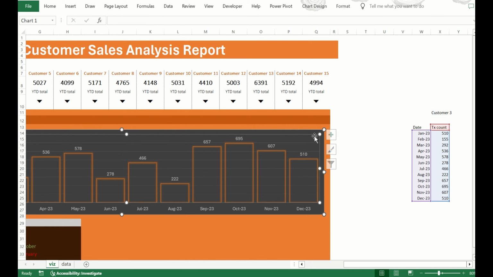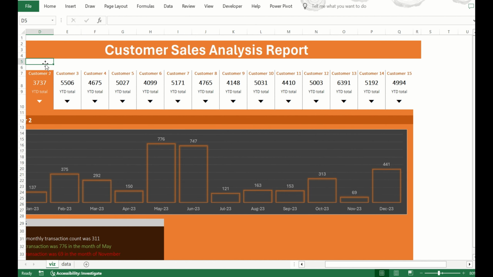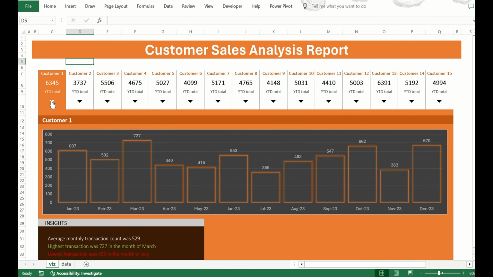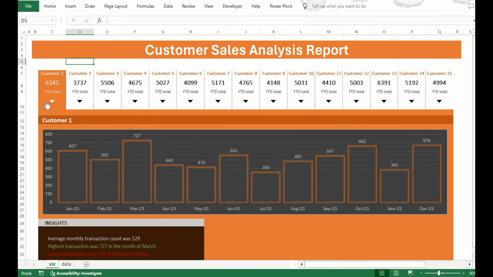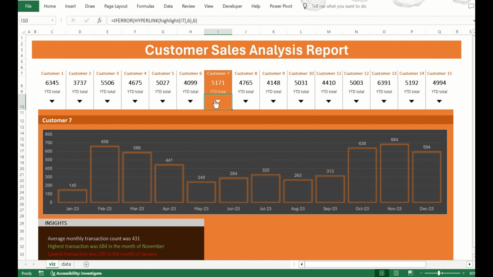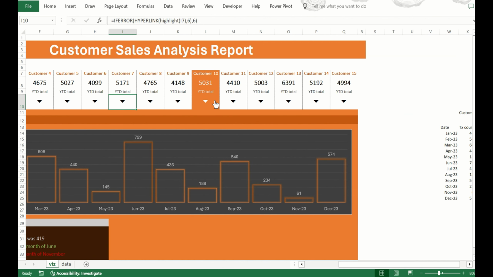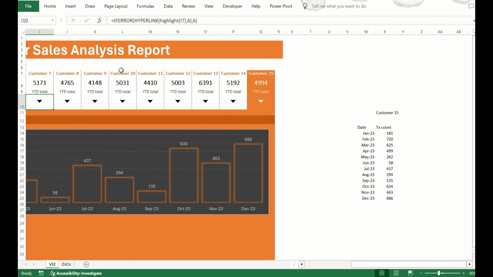Recall that this dynamic table is what is driving this chart. And when you move to each cell, it calls up. So when I hover over this, it changes this cell option, and then this is also reading from cell option. And as I step into each one of them, you can see C7, D7, E7 all the way. So every time I hover over it, it changes cell option, which is this cell, to the name of the customer, and it brings